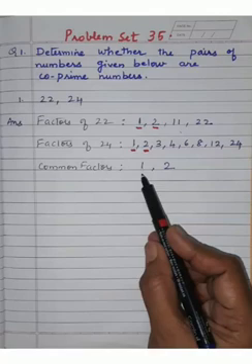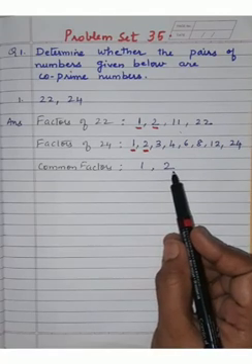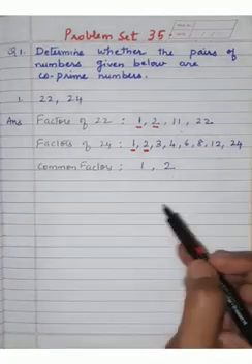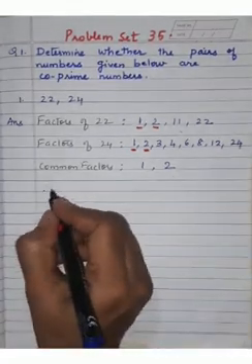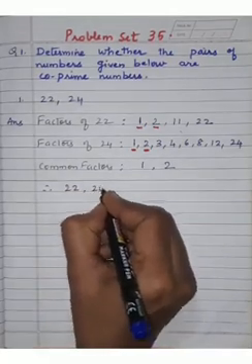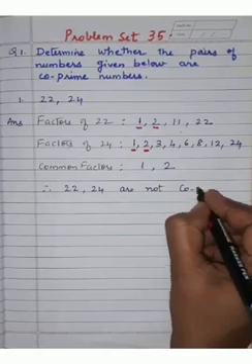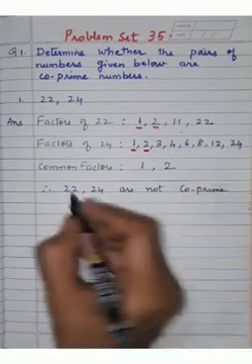But here we get 1 and 2 as common factors. So that means they are not co-prime numbers. Therefore, you will write: therefore 22, 24 are not co-prime